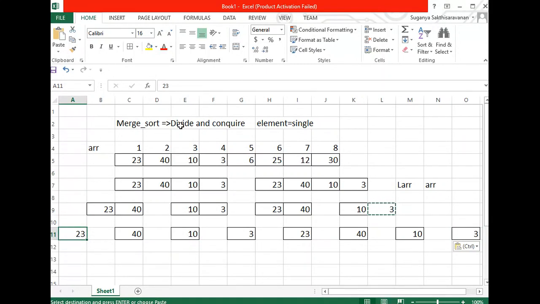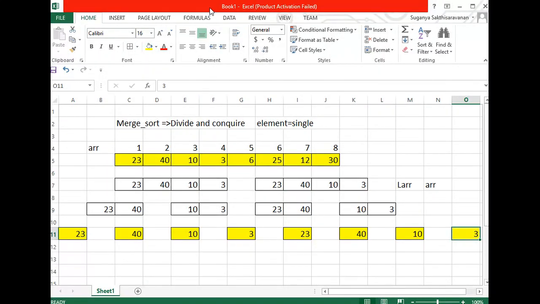We are just following the divide approach alone. The original array has been consecutively divided until each element has become a single element. Now all the elements are single elements, and being a single element, we can say the element is sorted. Each and every element is considered an array, this is one array and this is another array, and we treat each and every array as a sorted array here. Is this clear so far? This is where the divide is done.